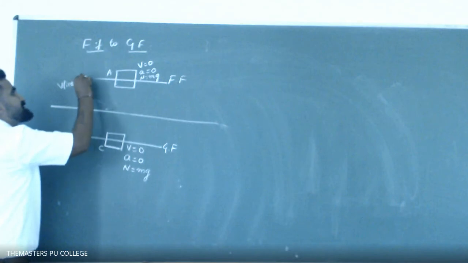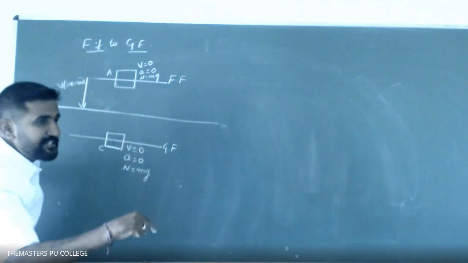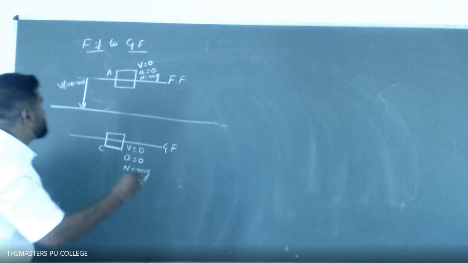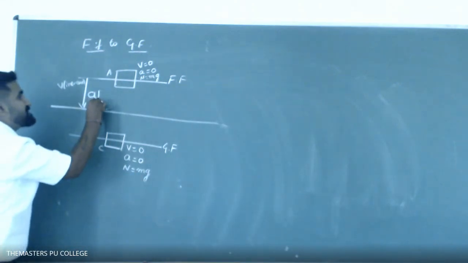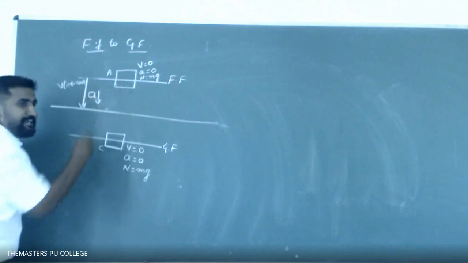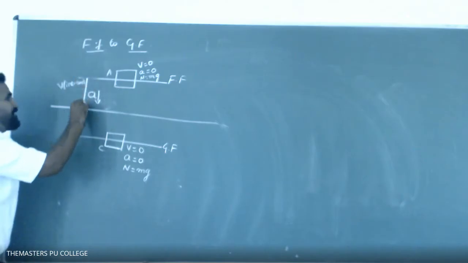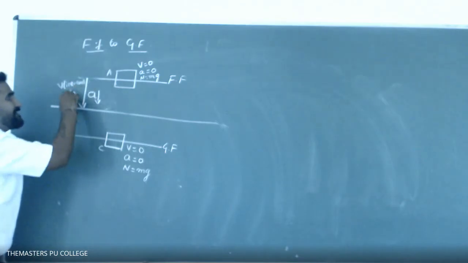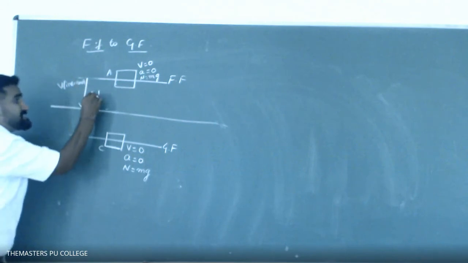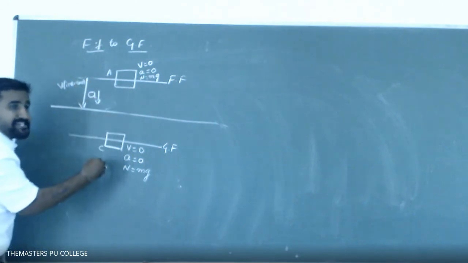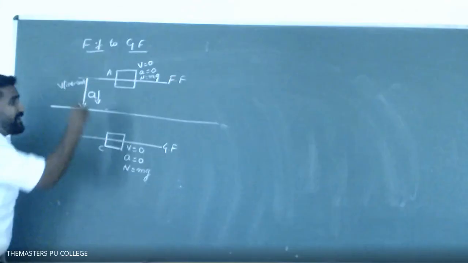Velocity should increase when it is moving down. If velocity wants to increase, acceleration should support that velocity; acceleration is also in the same direction as velocity. Is it right, Priyanka? That's what I'm trying to tell. When the lift is moving down, its velocity increases. If its velocity increases, acceleration should be in the downward direction.